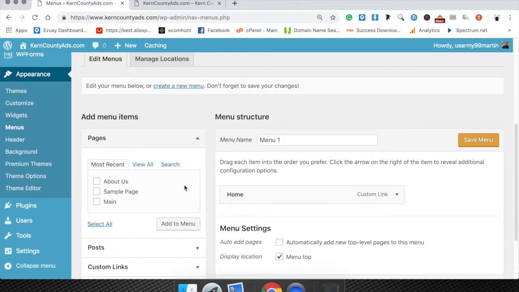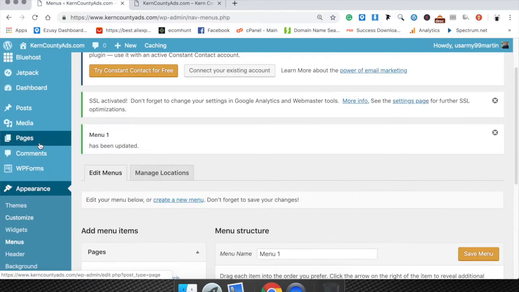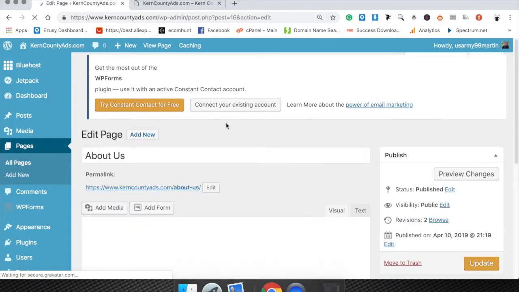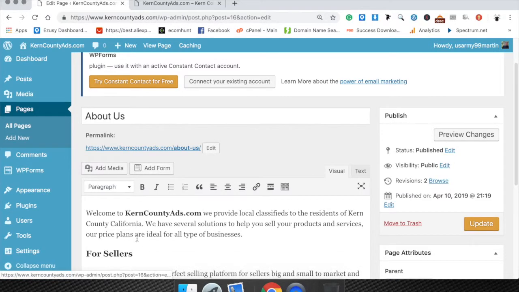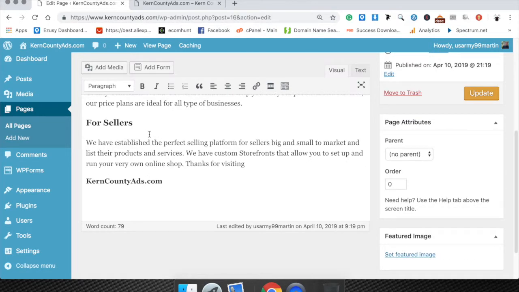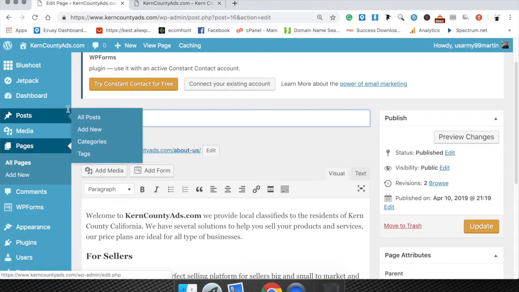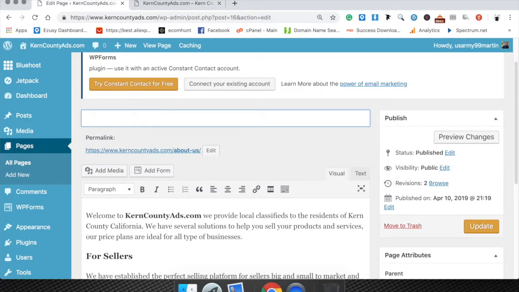So now let's say we wanted to create a page. We come here to pages, and when you create a page you would click add new. Then it's going to open up the editor like this, and this is where I created an about us page ahead of time, so you don't have to sit there and watch me type all this in. If we were setting up our about us page, this is where you would put your page title,